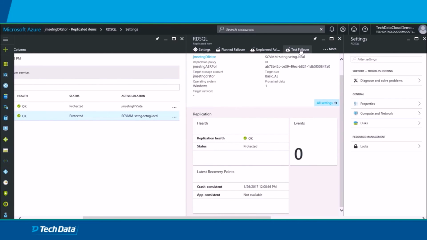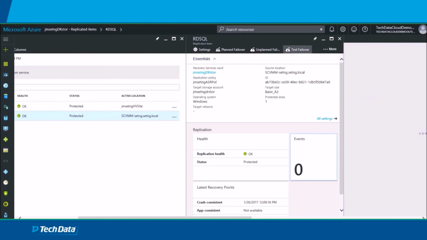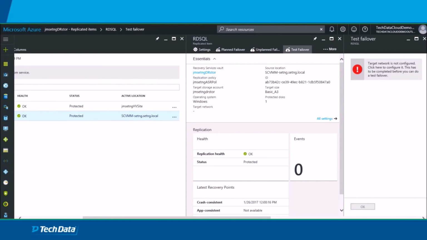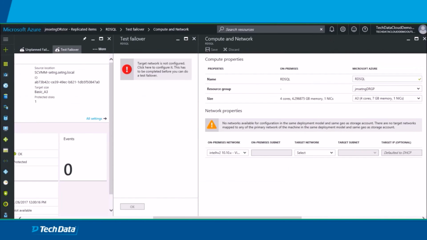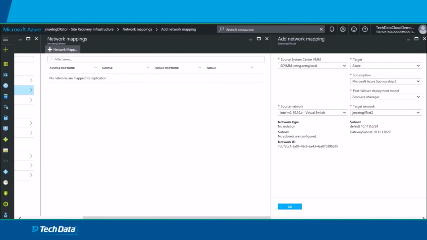And then we're, like I said, we're going to go ahead and do this test failover. That's going to load up, and it looks like I haven't set up the target network yet. We're going to need a target network for this to fail over to, which isn't that big a deal, just something I missed in the initial setup, but we're going to go ahead